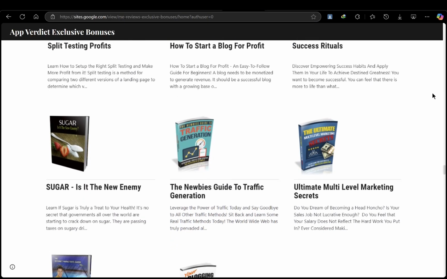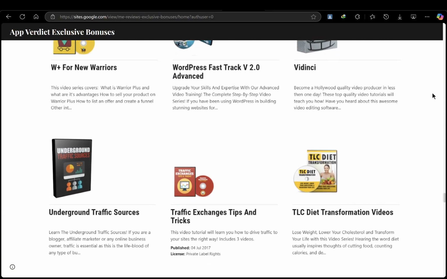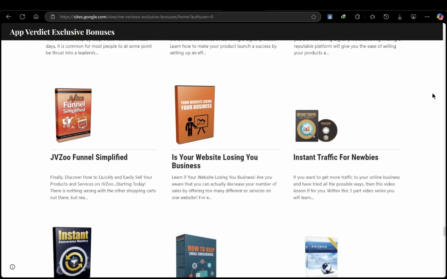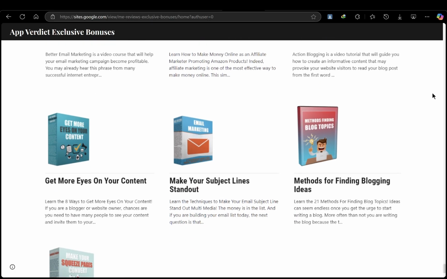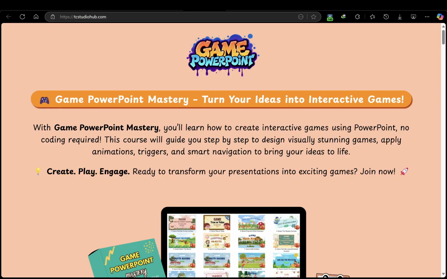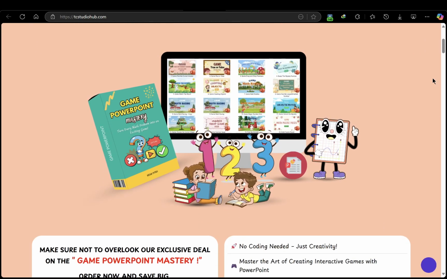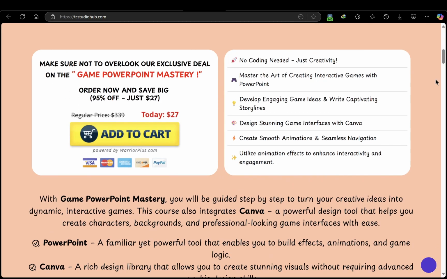This course is perfect for educators and trainers, to make learning fun and interactive; content creators, to sell digital games on Etsy, Gumroad, or Teachers Pay Teachers; and entrepreneurs, to use interactive games as lead magnets or digital products. No coding, no problem. The course walks you through everything, from designing game interfaces in Canva to creating engaging game